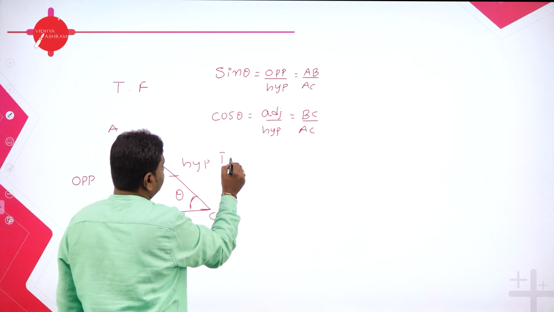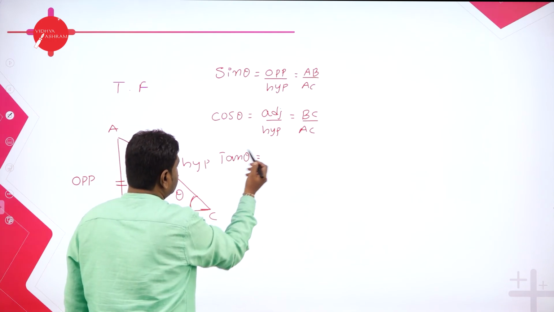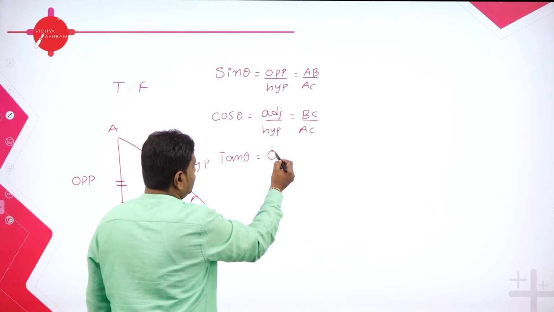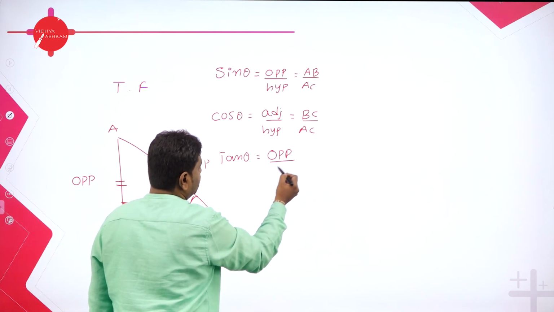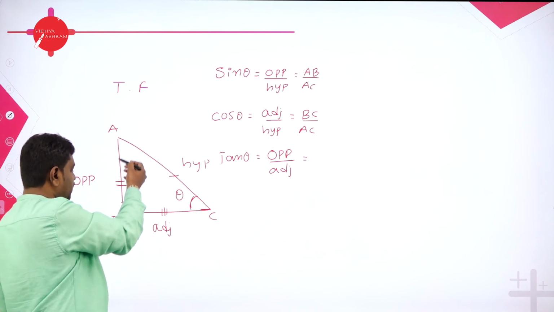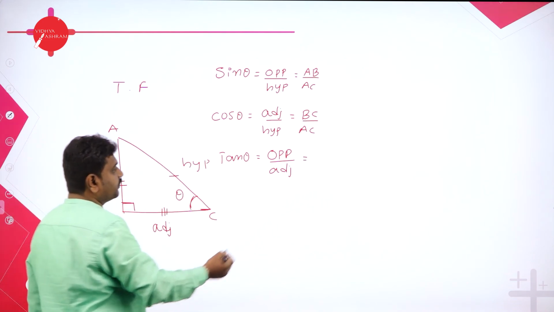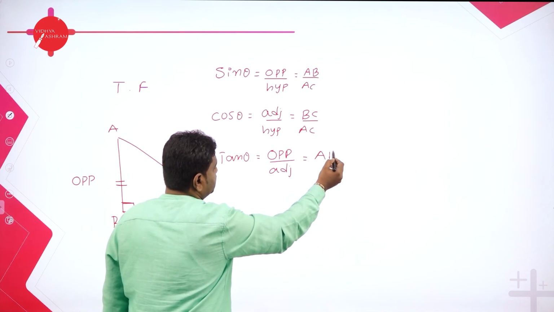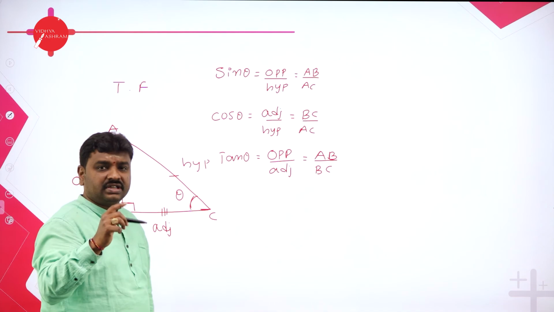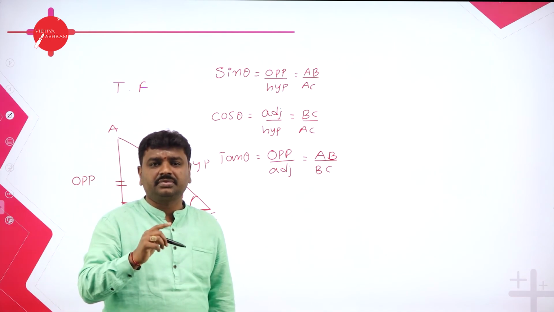Then tan theta. What is tan theta? Tan is opposite side divided by adjacent side. In this diagram, opposite is AB and adjacent is BC. AB by BC. So these are the three trigonometric functions, and the other three trigonometric functions we call them as